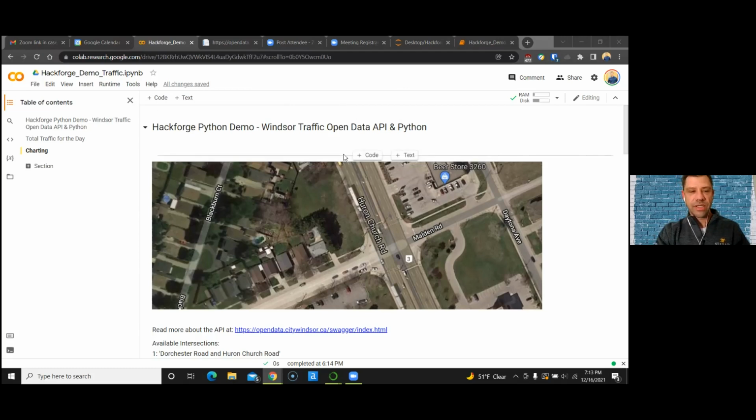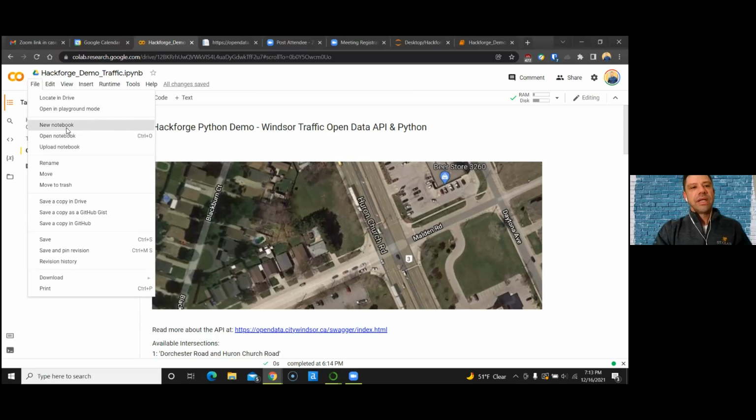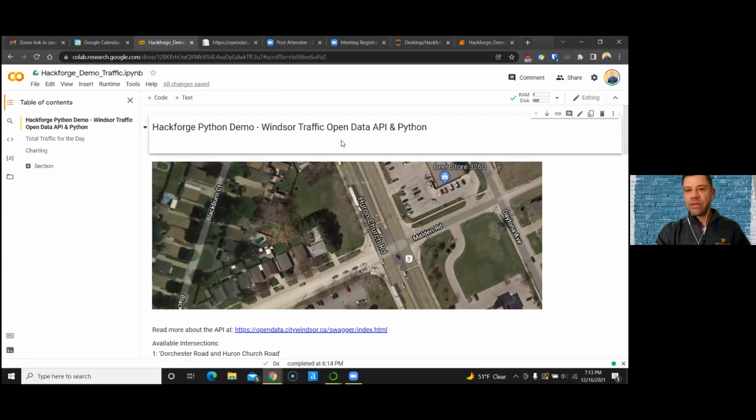I've brought in our traffic demonstration notebook here. I just did file and upload notebook, and it opens the same thing. You're looking for your Jupyter Notebook, which is the .ipynb, which is interactive Python notebook, and load it up in here. And instantly I'm connected to a Python 3 Google Compute Engine, and I'm getting 12 gigs of RAM